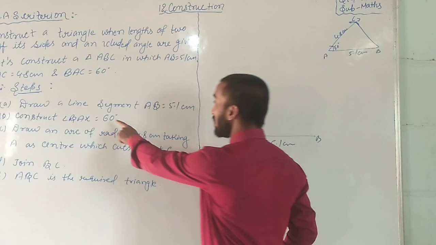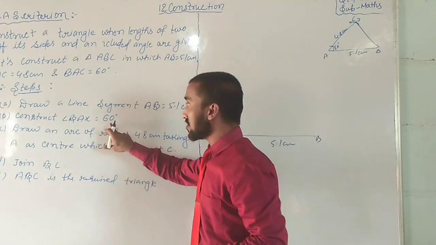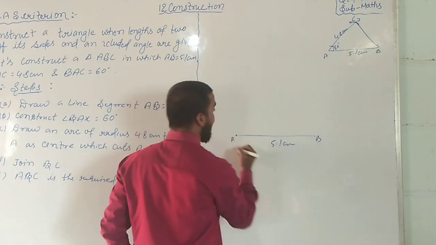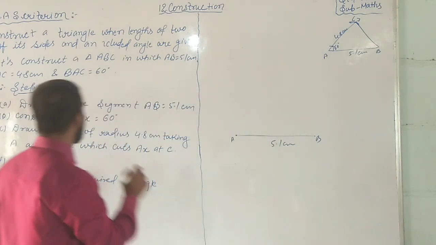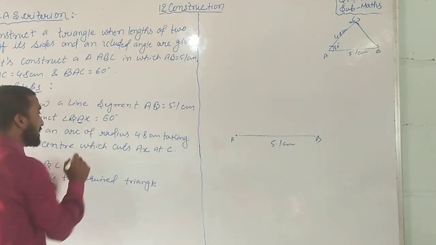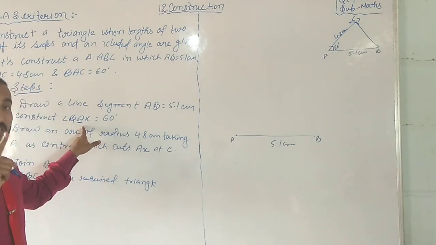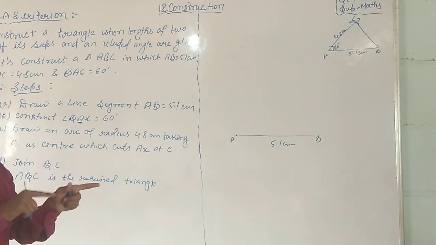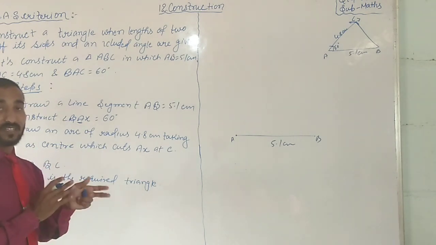So to make an angle of 60 degrees, what do you have to do? Simple. You have to consider B as the center. What angle is given at the center? Always be careful, that will be the center of the triangle, where you are drawing and constructing an angle.